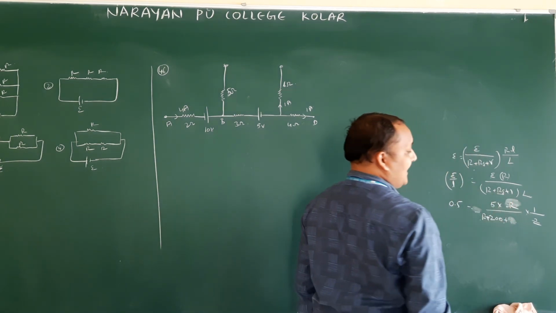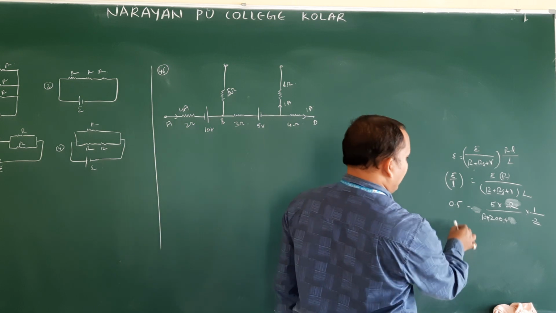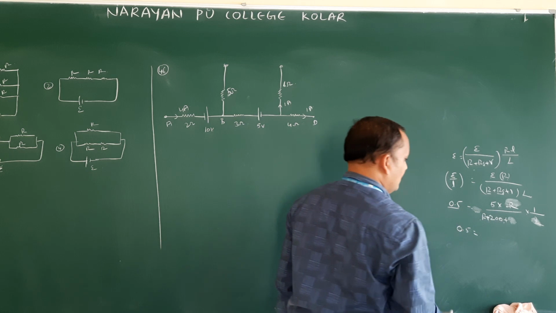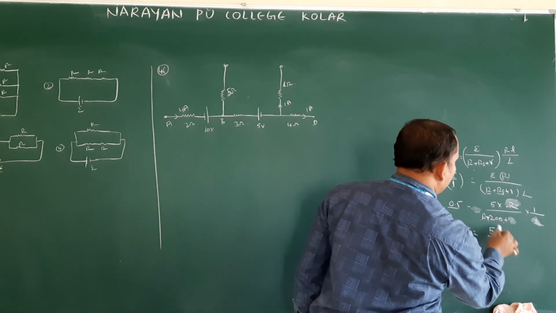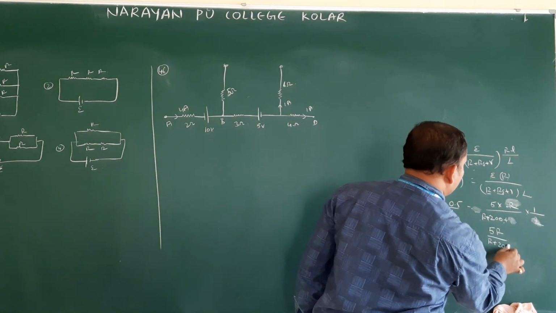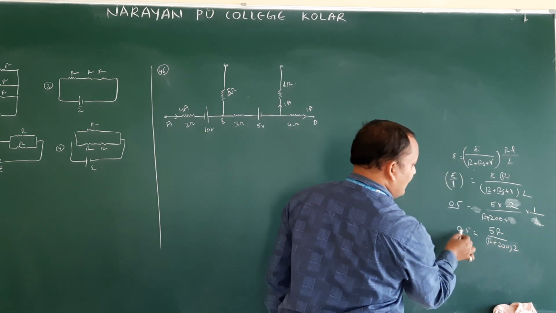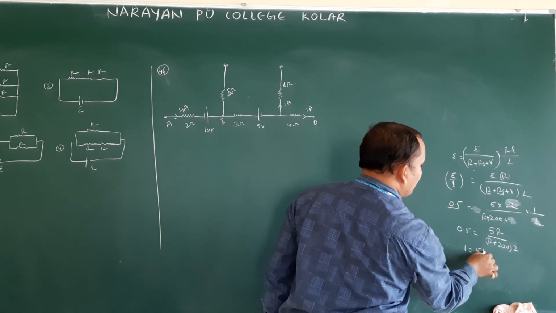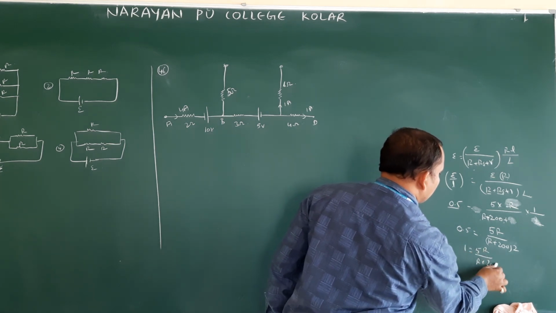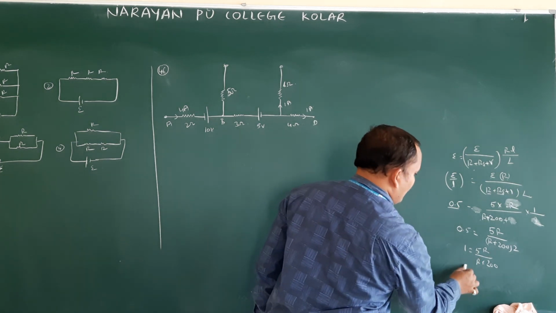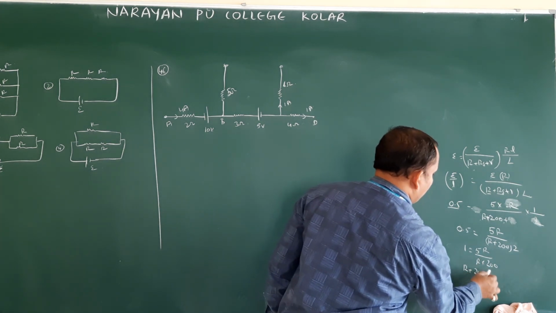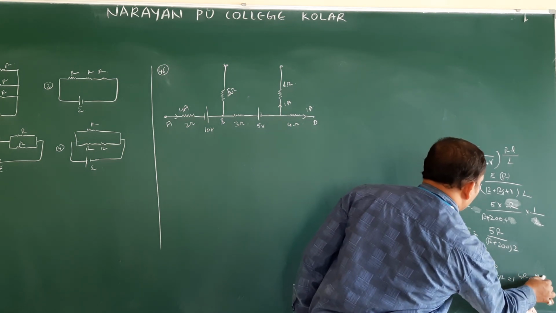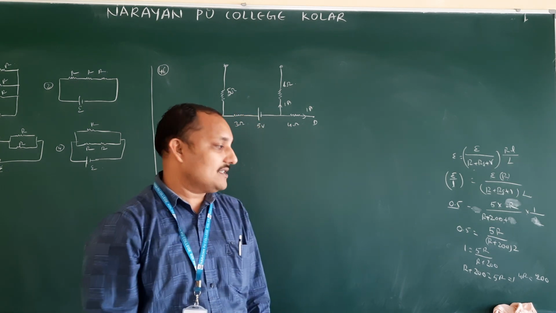So Rs they gave 200. R value we have to find. So 0.5 is equal to 5R by R plus 200 into 2, this is 2 ohm. 5 into 0.5 into 2, 5 to 10, that is nothing but 1. That is equal to 5R by R plus 200. So R plus 200 is equal to 5R. This implies 4R is equal to 200, which means R is equal to